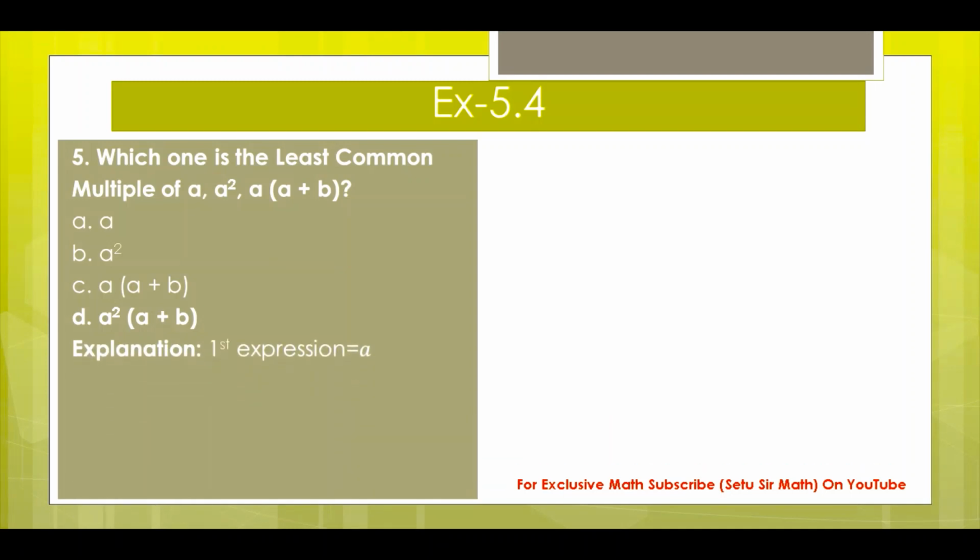Here there are three expressions. First expression is equal to a. Second expression equals a square, that means a multiplied by a. Third expression equals a into a plus b. We have to find the least common multiple, that means LCM. We have to take all the factors, taking the common one only once. Like this, required LCM. You can see